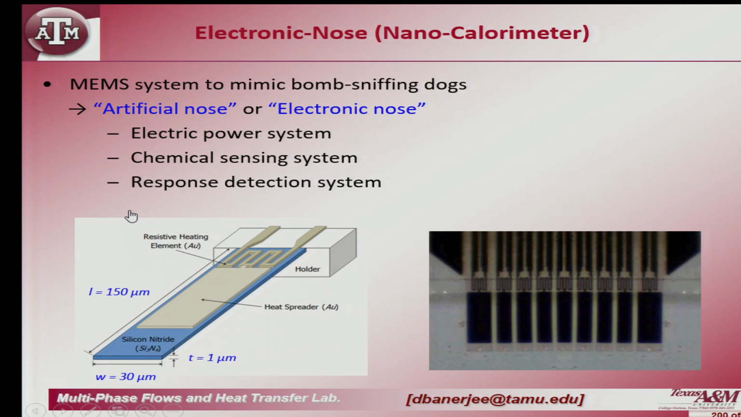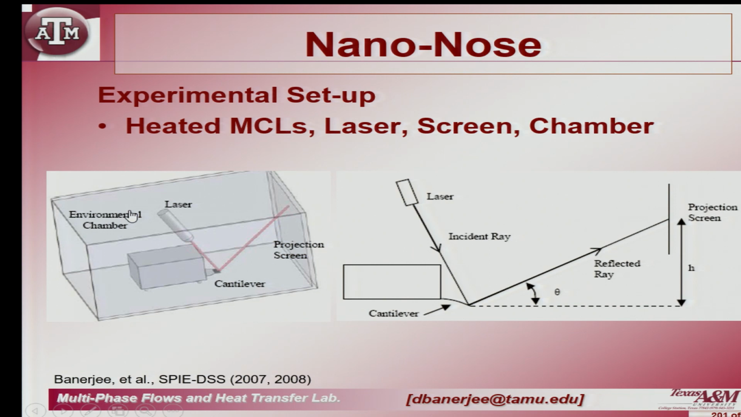So the idea here was, well, I have a cantilever, I have the gold layer on top of it, I have the micro heater at the base, and this is how it looks under a microscope. In essence, you have an array of these, with each of these having a heater at the base of the cantilever, right? So the idea was, if I shine a laser light on it, and then I look at the reflection of the laser on a screen,